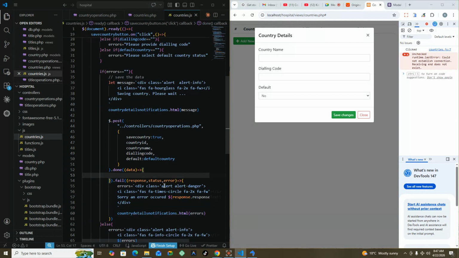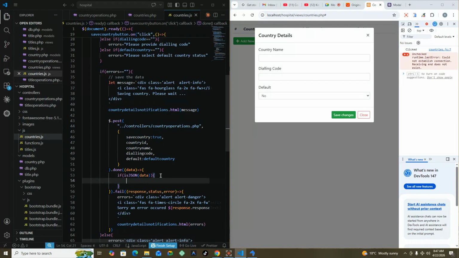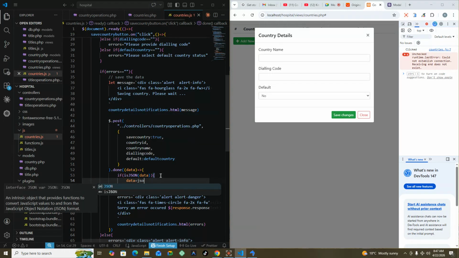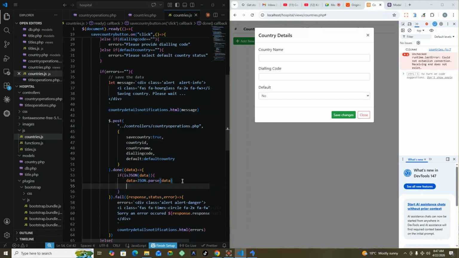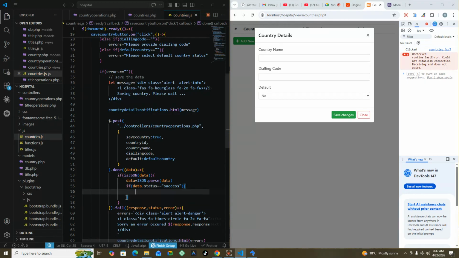When it's successful, I simply check if it's JSON, this data. Always when it comes back as JSON from post, it means that it was successful, because that's the only way we can return JSON. Otherwise, we just return plain text. Right? So if that was successful, then we'll simply say data equals JSON.parse the data. Then we'll simply say if data.status was success, which we expect,